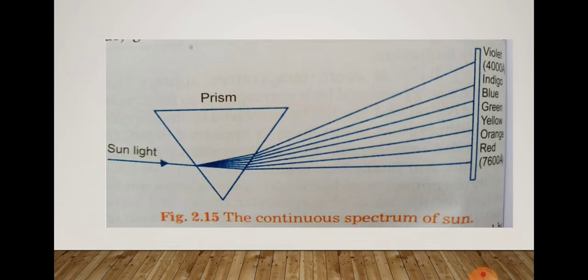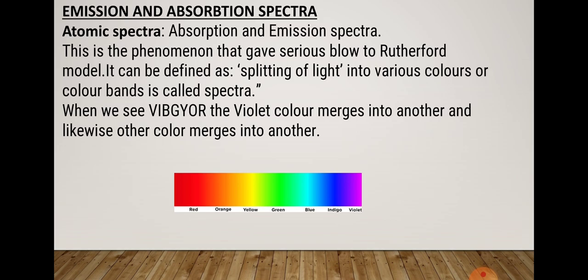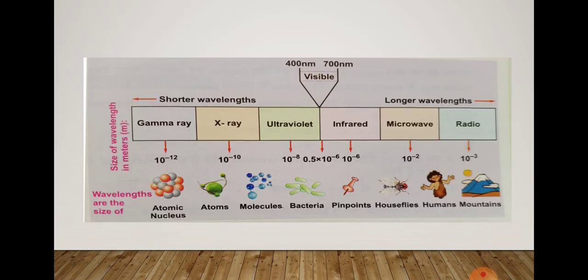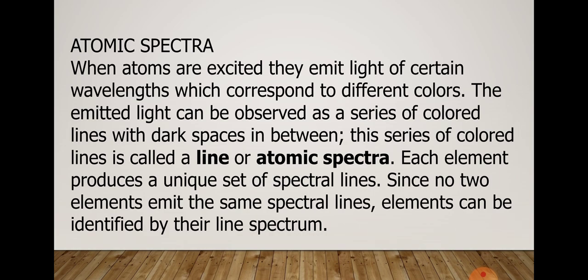We can see here, this type of spectra when we get, this is a continuous one. Concentrate on the spectra. It is because one color merges into other color. You can see here violet merges into blue, blue into green, and so on. A similar spectrum is seen in the rainbow in the sky. You may have seen a rainbow, a similar type of spectra you can see there. Thus, white light is made up of 7 colors, that is VIBGYOR, you are aware of this.